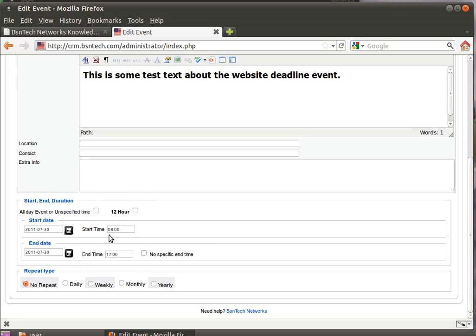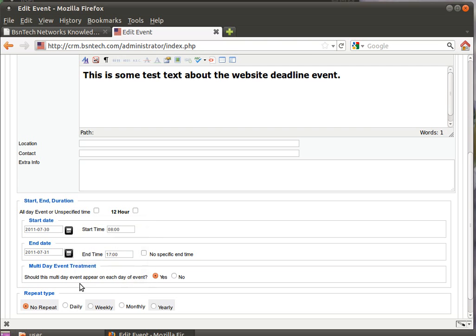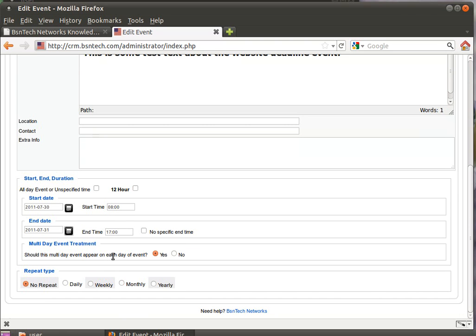So it already is set at 8 o'clock by default. The end date, let's go ahead and make this a 2-day event. So I'm going to click on the 31st, and then the end time will be 5 p.m. Multi-day event treatment. Because this event is on more than one day, it asks you if the multi-day event should